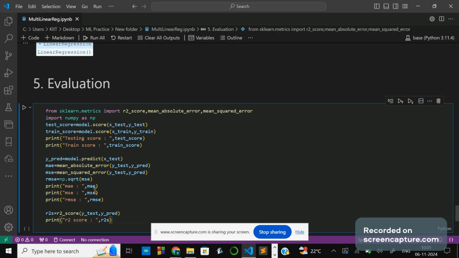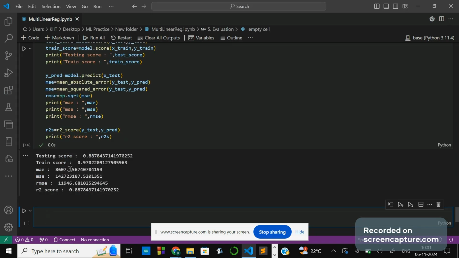If I run this, I got this. This is a testing score of 0.88, training score 0.97, and absolute error, squared error, root mean square error, the R2